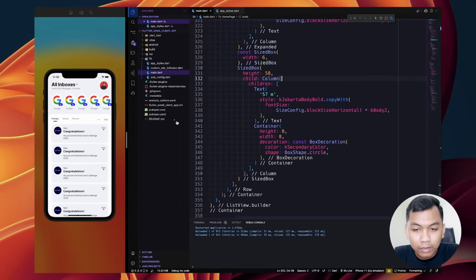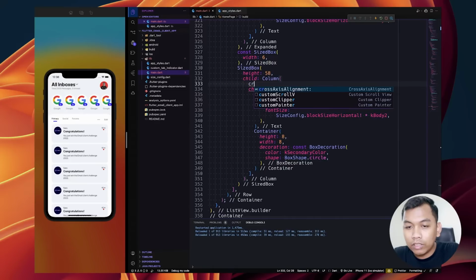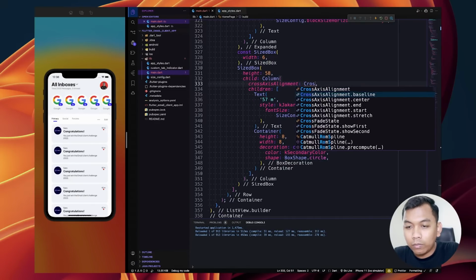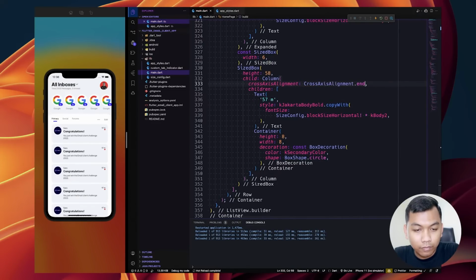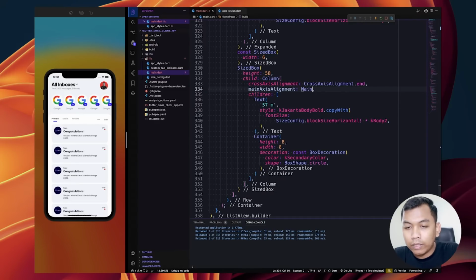And now we will see, and inside this column we need to change the crossAxisAlignment to be end, and the mainAxisAlignment to be spaceBetween.